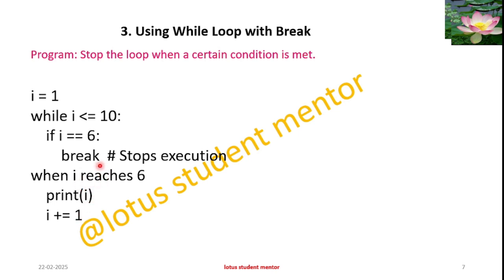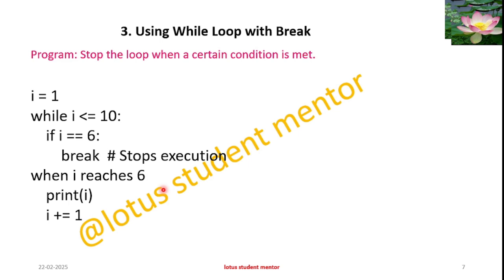Then print i, the i will be printed here: 1, 2, 3, 4, 5, because i equal to i plus 1, that means i plus equal to 1, increment takes place. Then it goes on, 1 after printing, 2, 3, 4, 5. But 6 it won't. After that 6, 7, 8, 9, 10 won't be printed. That's why breaking takes place. But if you want to skip i equal to 6, and after that 7, 8, 9, 10 to be printed,